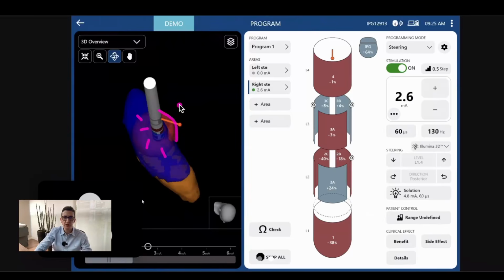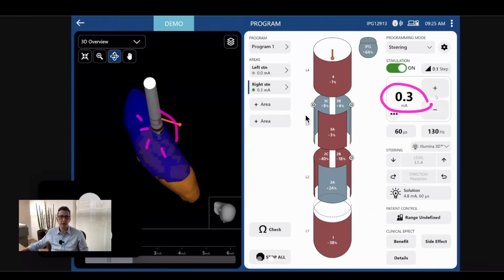But then you use the clinical input from the patient to see whether you are going to see side effects or not. So Illumina needs your clinical input. It's not a completely automatic software. It needs you to guide the increase of stimulation. Otherwise, you can elicit some side effects, but the software won't be aware of that. Okay, so that's the idea of Illumina. So Illumina gives you the settings, all the settings. And then once you start the stimulation, for example, you can put